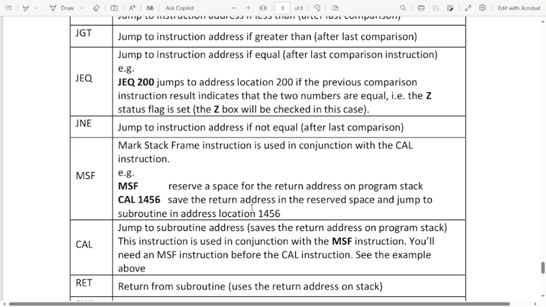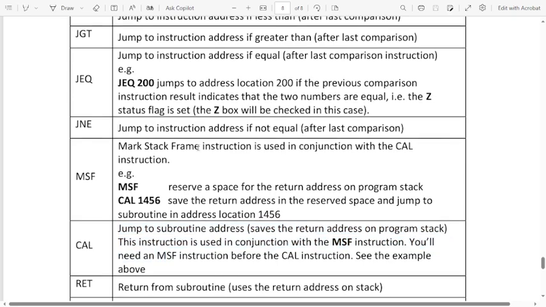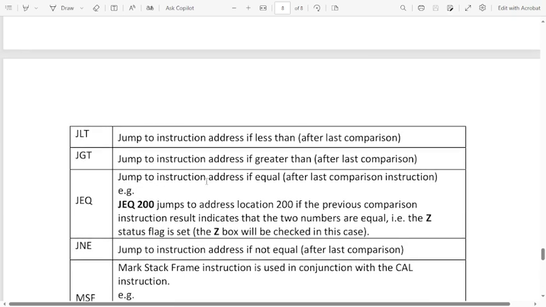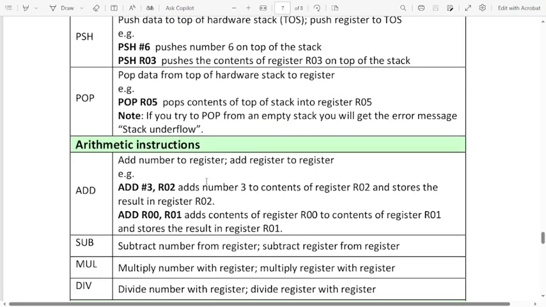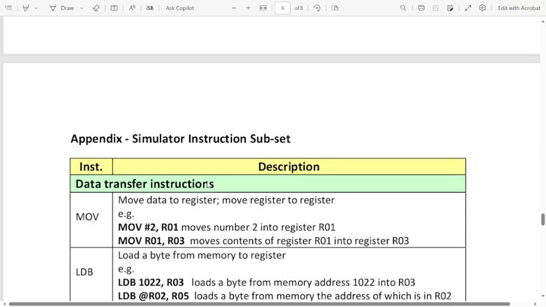You will see later that this call is calling the function, and the return is the return from subroutine. Jump not equal, jump if equal, jump if greater. Okay, so let's do it.